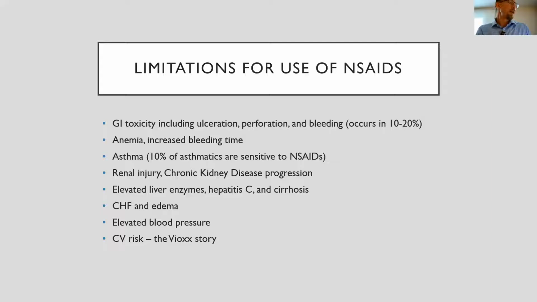And then cardiovascular risk, I did want to share with you real quick the Vioxx story. Vioxx has been withdrawn from the market now since 2004. So many of you don't know about Vioxx and maybe have heard of it, but Vioxx was the original COX-2 NSAID. It was the first one that came out. Its generic name is rofecoxib. It was actually approved by the FDA in 1999. It was marketed by Merck Pharmaceuticals, primarily under the name Vioxx.